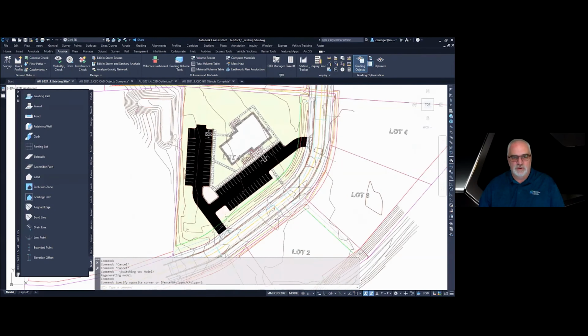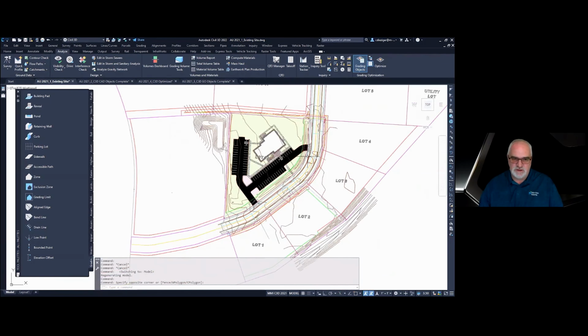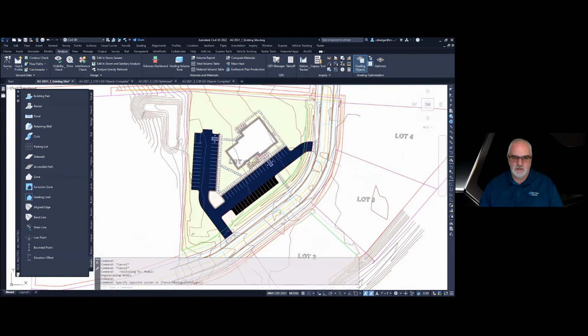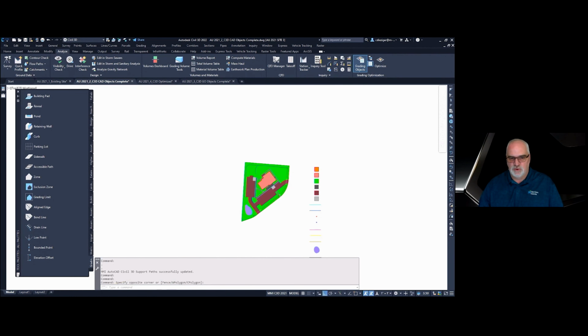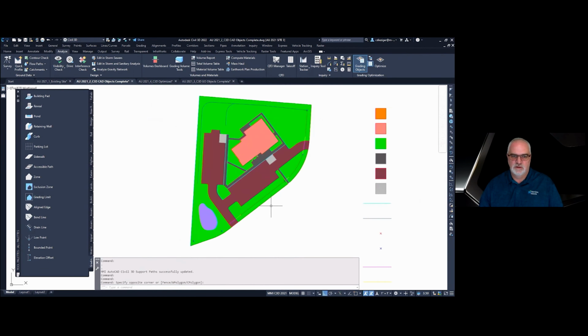This is the site we'll be working with. It's a small business. It's got landscaping, some parking, the building, some drainage up front that we'll need to take into consideration. So, your basic site development site. When working with GO, what I like to do is work with polylines and hatch patterns.